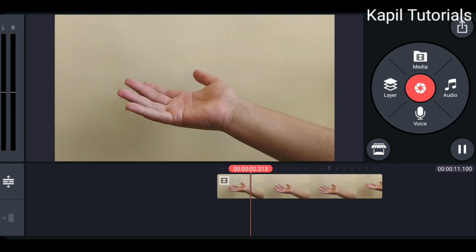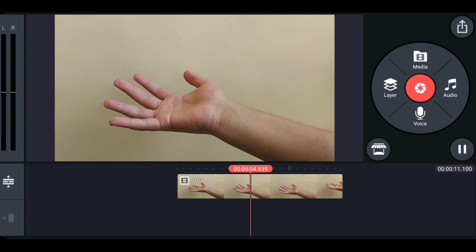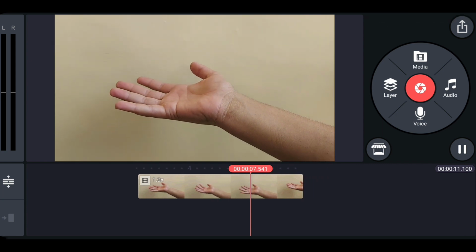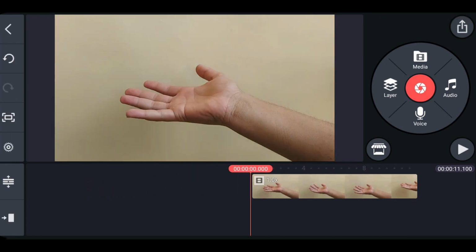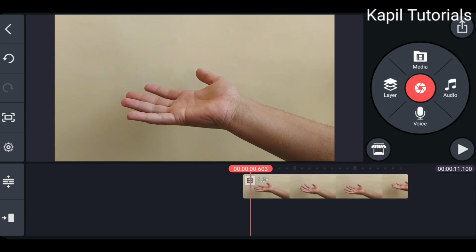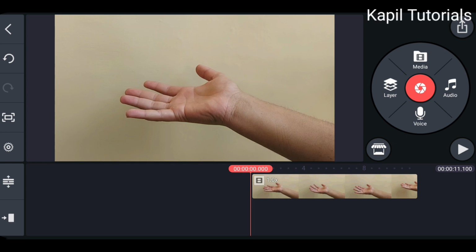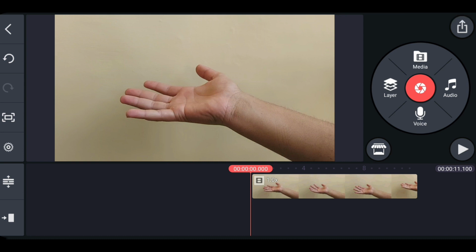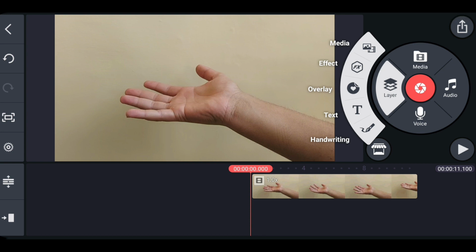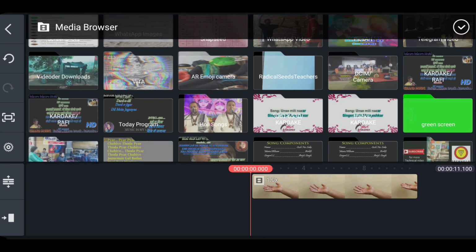So this is a very simple video. You could see we have to act, moving the hand up and down. After this, I'll insert a layer. I'll move my clip a little bit forward. Why am I doing this? Because if I move the clip from the start, here I'll insert the layer, media, and from the green screen,